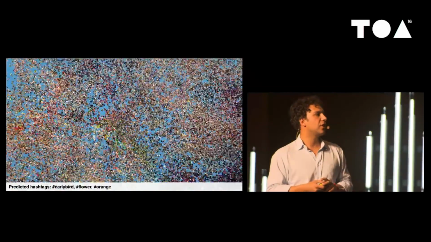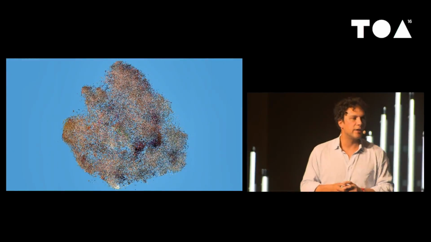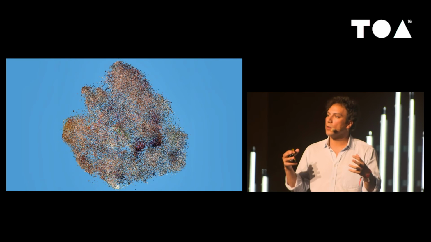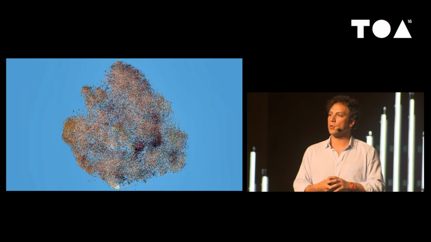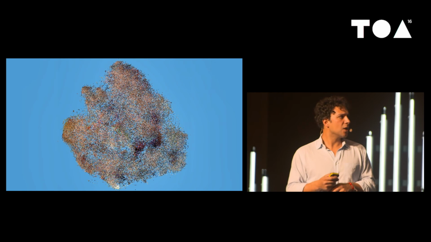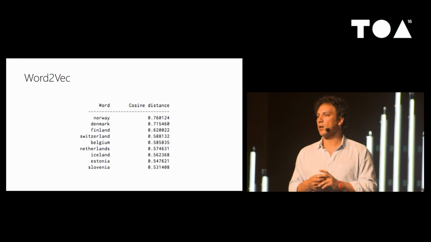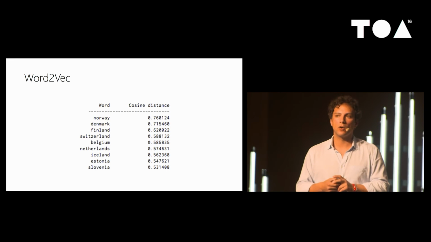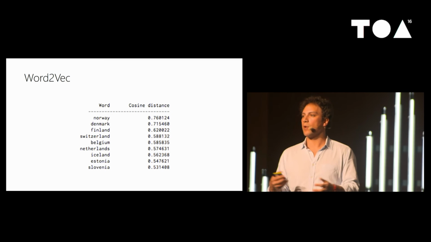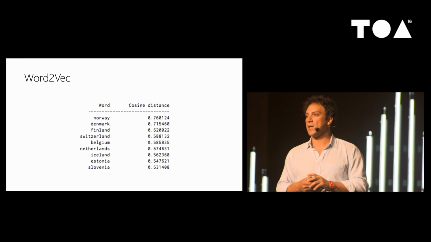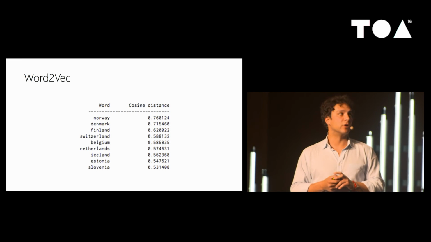So this is grouping things together and exploring what things are similar and what things should be grouped together, more in the way we would think about it than in the way a computer might traditionally think about it. And we can do the same thing for words. This is a very common model that you can play around with, very easy to run, called Word2Vec. What it does is build these representations that I talked about. It builds that embedding space out of words.